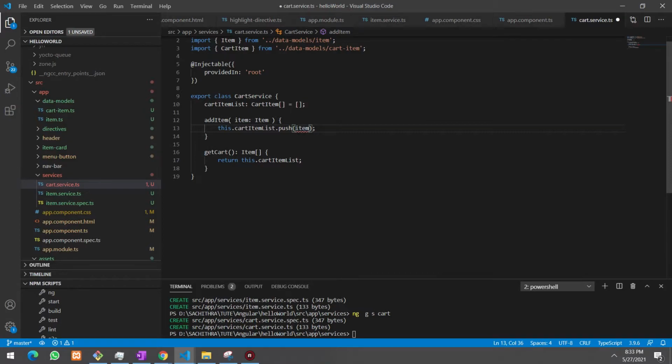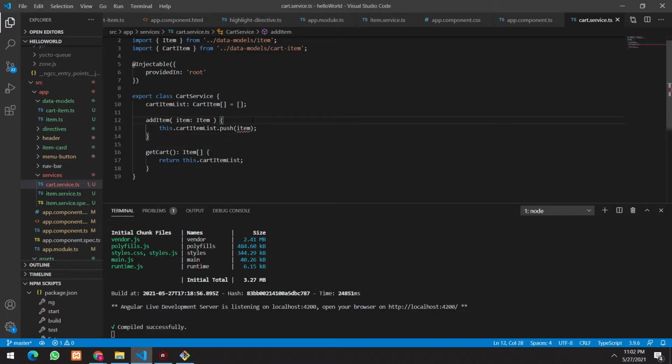So that means you have to create a... okay, now what we have to do is object mapping here, since cart item list is containing cart items and our incoming object is an item type object. So I am going to create a temporary cart item object and copy that item's properties to that object. Okay, let's see. I'll define a new object, let's say temp